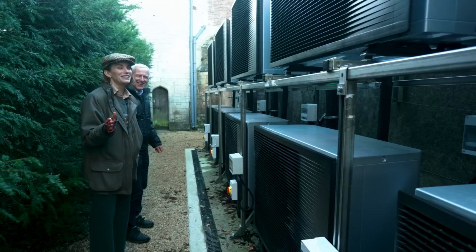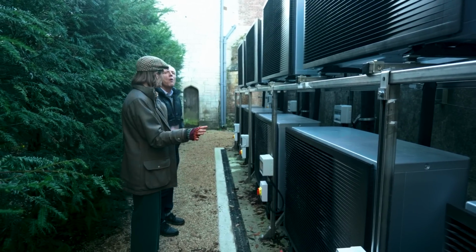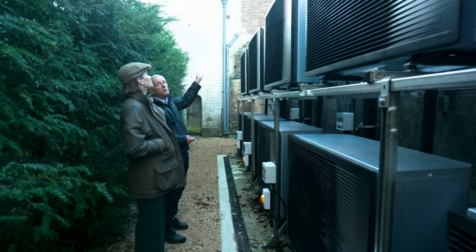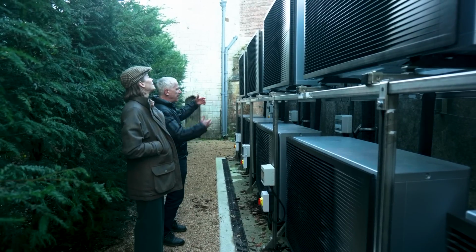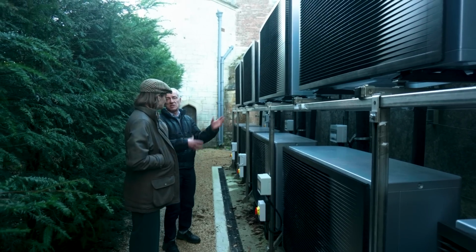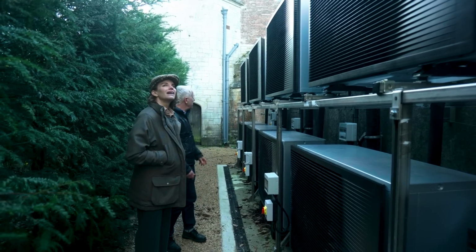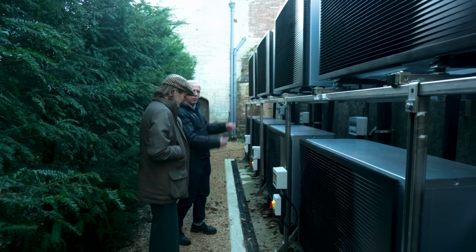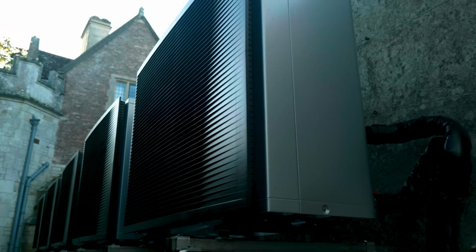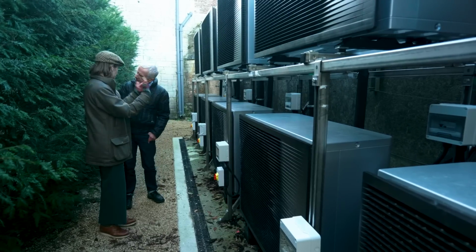It's very clever, Giles, because they're hidden away from view. Well, that is essential. Obviously you can see we're very close to even the Elizabethan, the Tudor part of the house, but they really are tucked away in this grotty area where we would just have had dustbins or something. Exactly. Nobody can see them, but here they are nice and close to warm up the house. So this is now taking what would usually be discarded, recycling it, if you like,